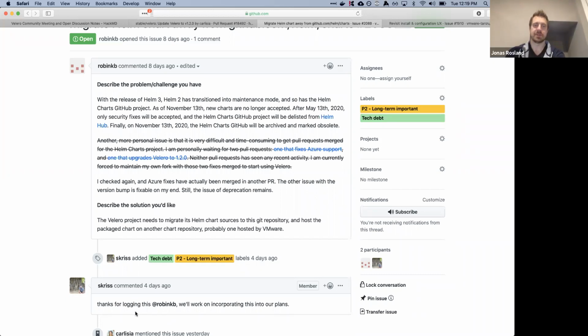Yeah, please do. So reading this issue, it sounds like May 13th, 2020 is the main deadline we need to keep in mind, because after that, only security fixes will be accepted. So we've got a few months, but we definitely have to get it done in the first part of next year. Yeah, I think the plan was 6 months after the Helm 3 release, deprecate the repo; 6 months later, no longer accept any new charts or security fixes; and then 6 months after that, completely remove that repository. Oh, so they're completely killing off the Helm charts repo.